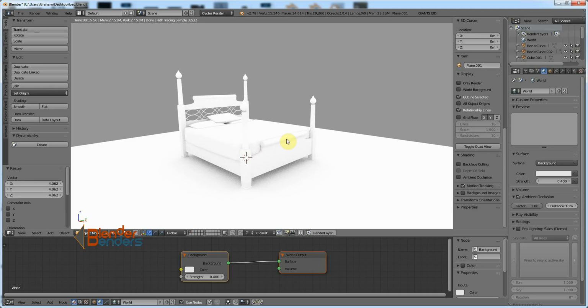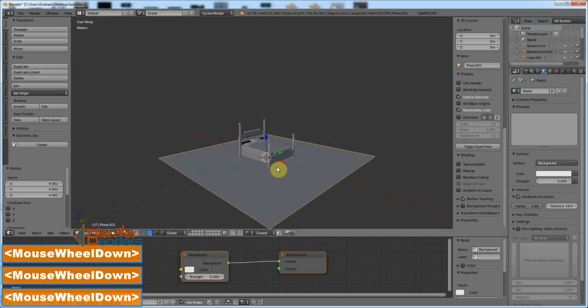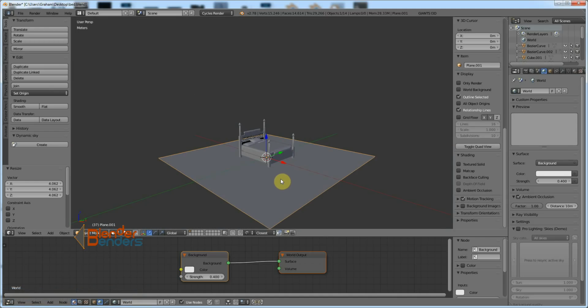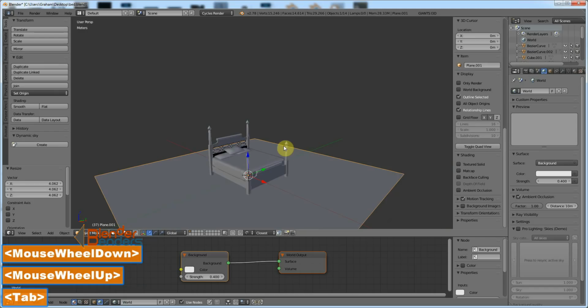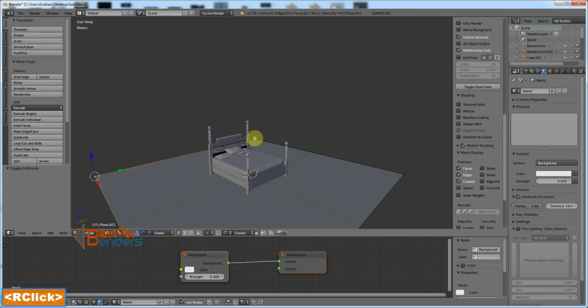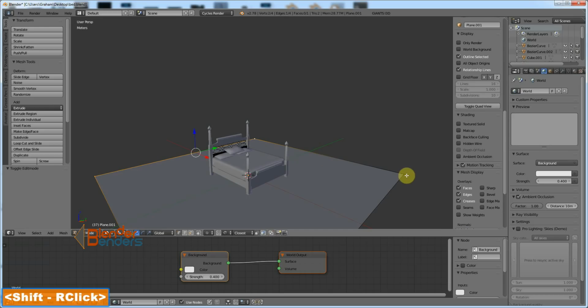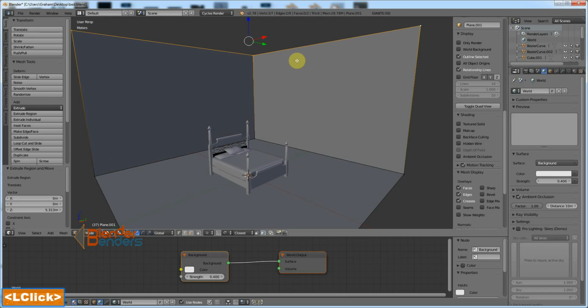However, it should be remembered that once again this is a floor and a bed floating in space. It's not really representative of a room. So let's add some walls. So I'll edit the plane. I will select these three vertices and I will extrude upwards on the Z axis, so E and Z, to bring in some walls. Okay,